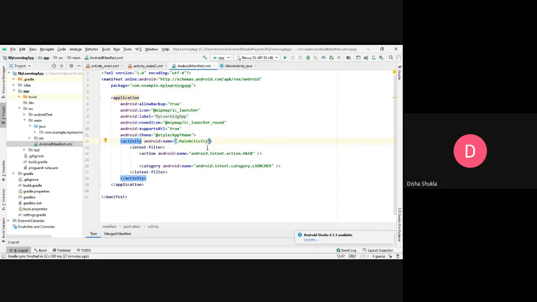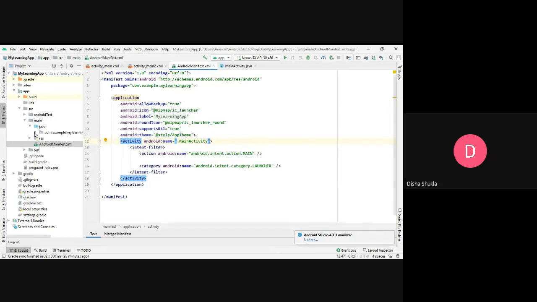The permissions that you want to take from the users, you have to mention in your manifest file. Besides that, if you are using the camera or some other features related to your phone, you need to mention them here. If you want to use the external SDK or the internal storage, to read the storage, write the storage, all those things you need to mention here in the manifest file.